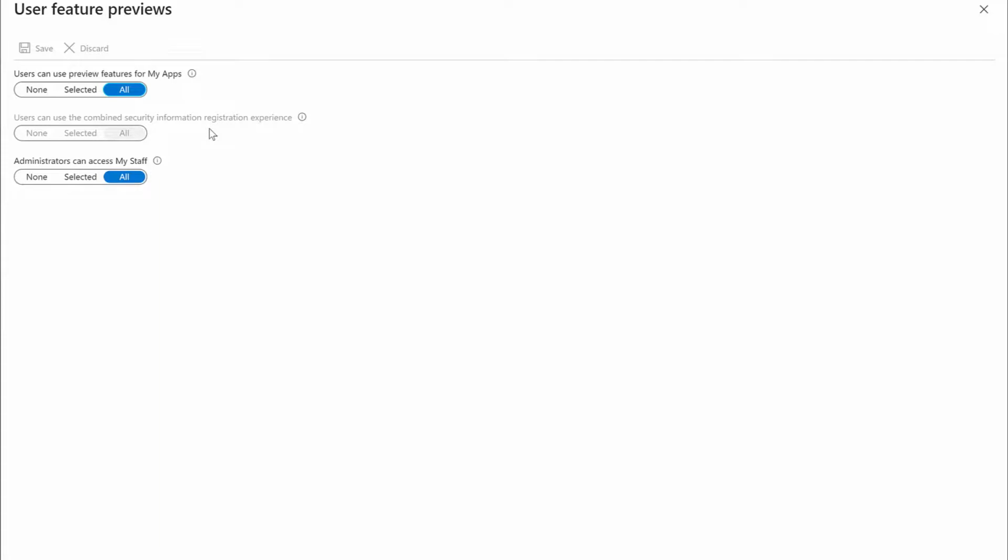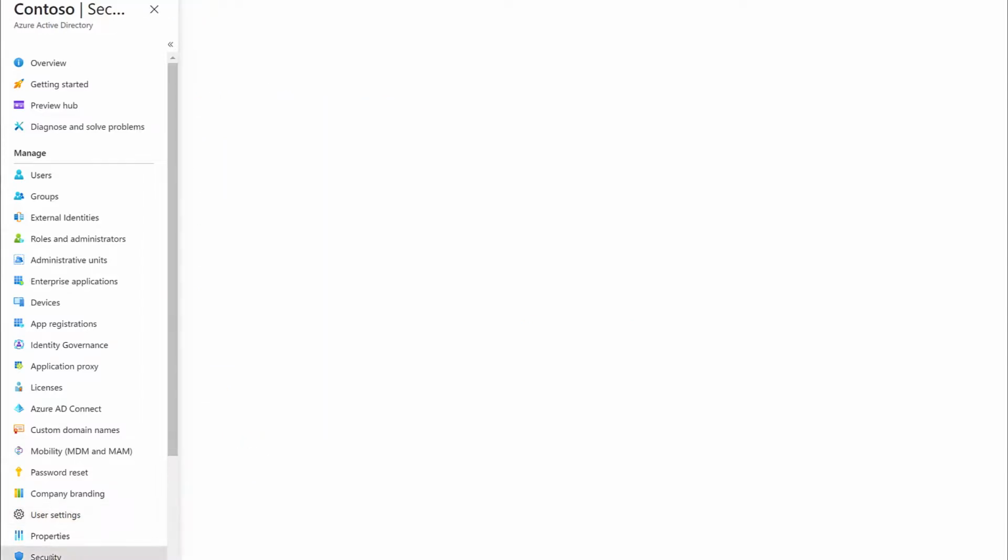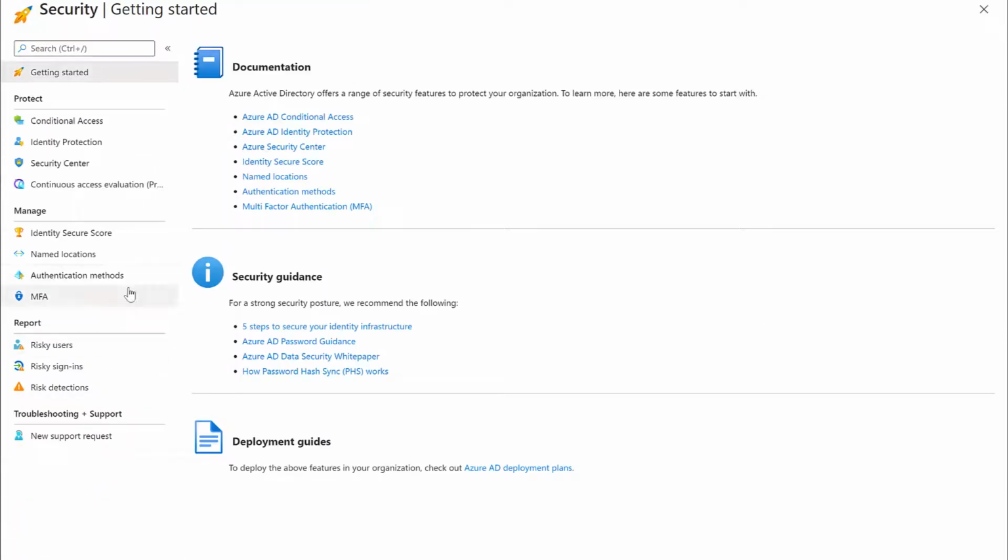And why is it grayed out? Because after August 15, 2020, all new Azure AD tenants will be automatically enabled for combined registration. So once you've done that, you can easily close that because we don't need that. And afterwards, head to the Security tab. Go to Authentication Methods,